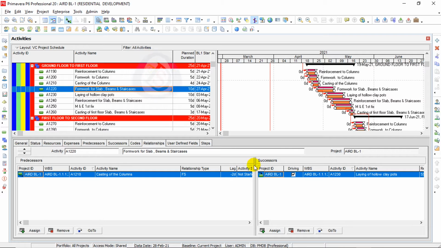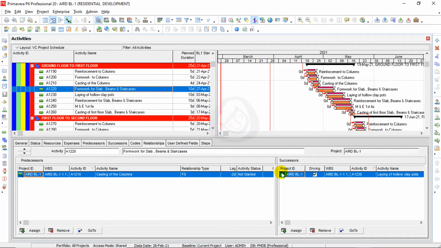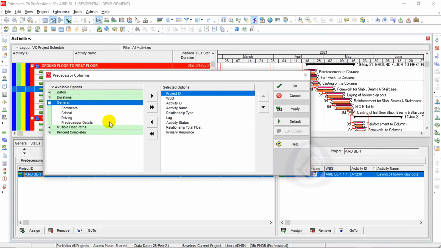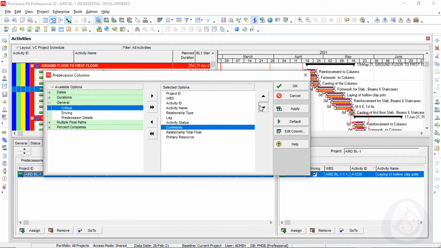Simply, we right click on the predecessor column and customize it. In the journal group you can see the comment column, and we drag it in, then apply and okay.